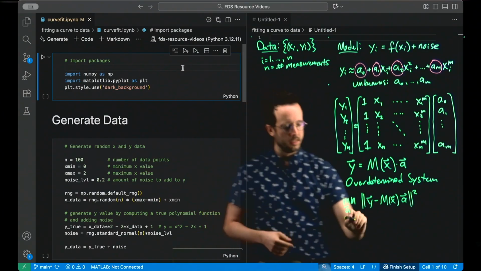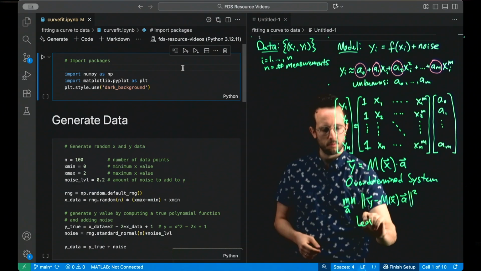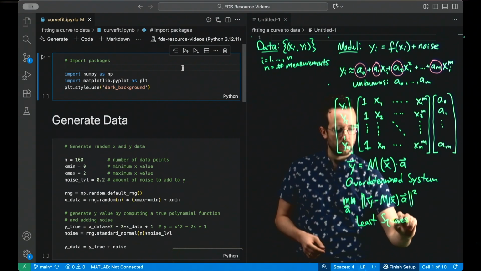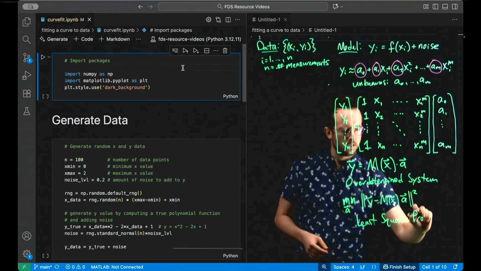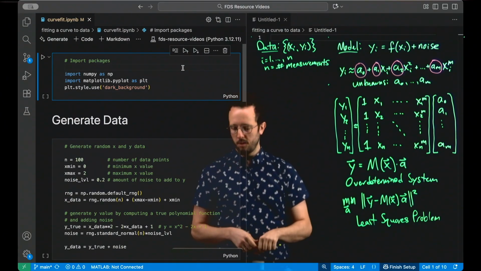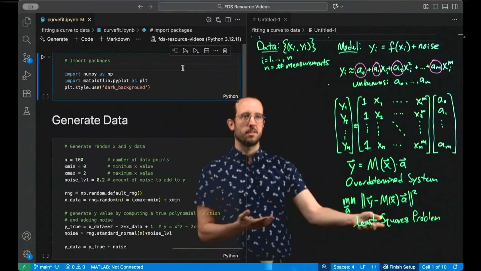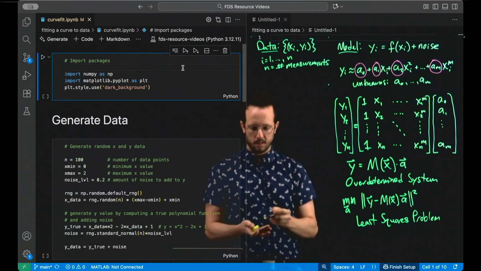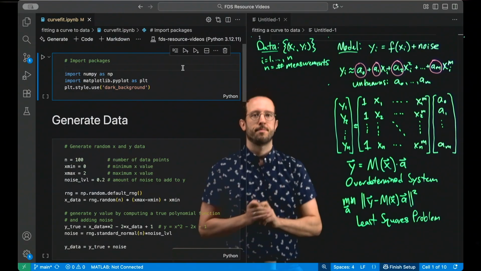So this is known as a least squares problem. And when it comes time to find this solution in code, we're going to use the fact that this is a well-known type of problem and call a function from the NumPy package that solves it for us.